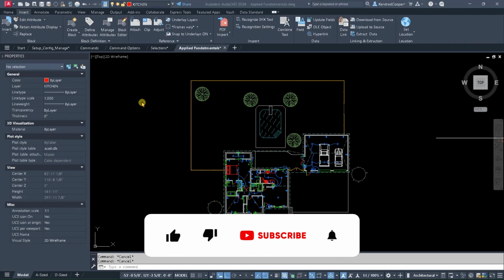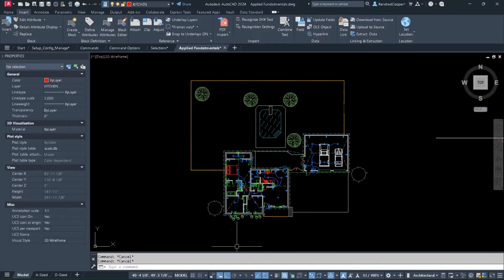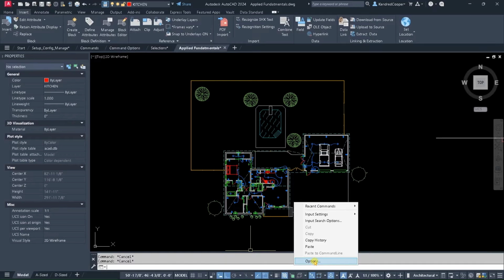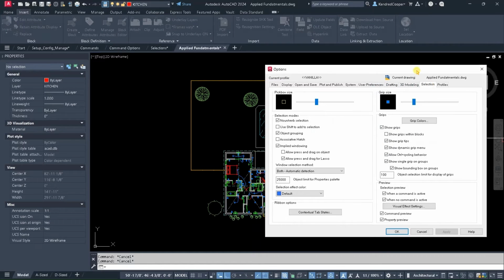All right, now we're going to the interface. That was the setup and configuration portion of it. We're going to look at the interface options. So one thing that comes up is in the options on the selection tab,